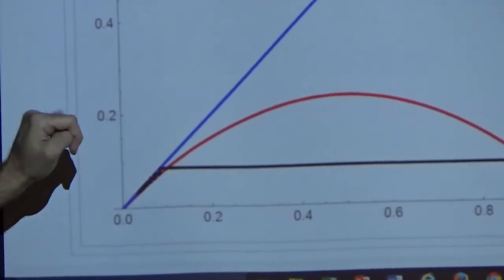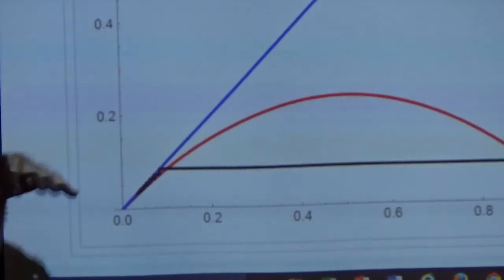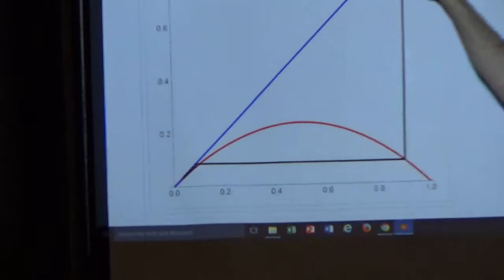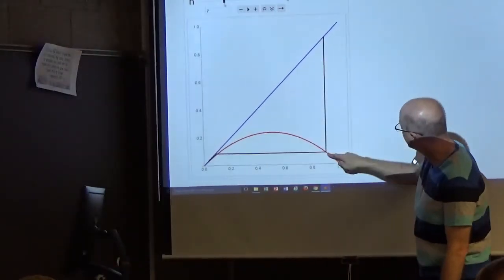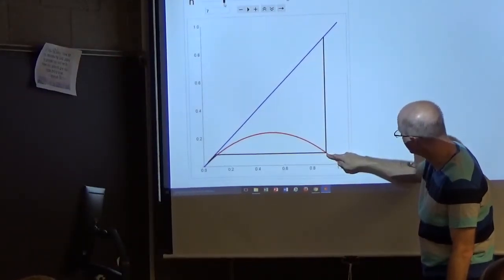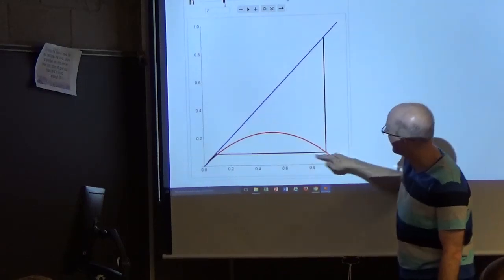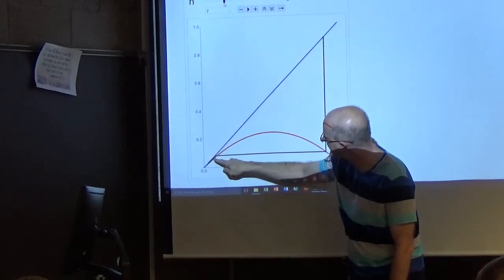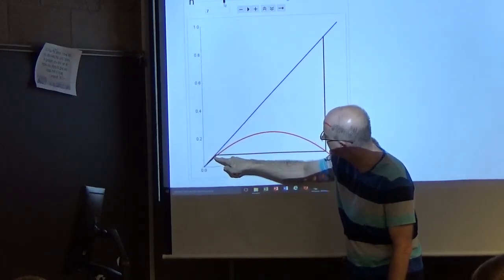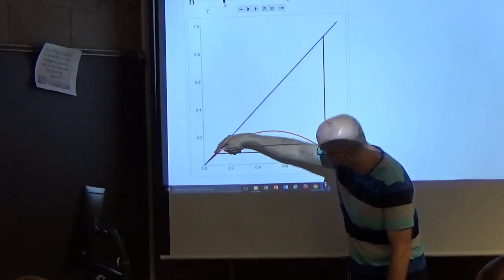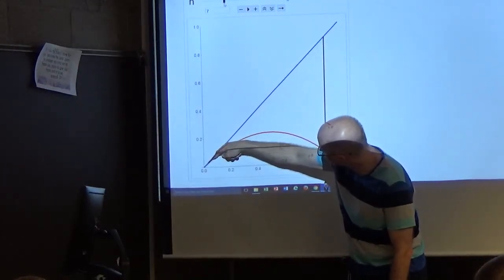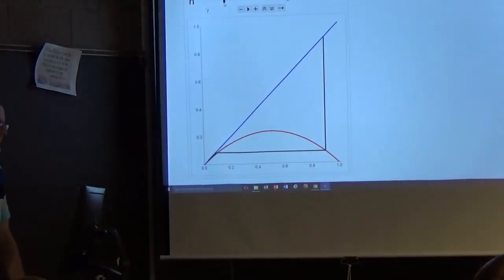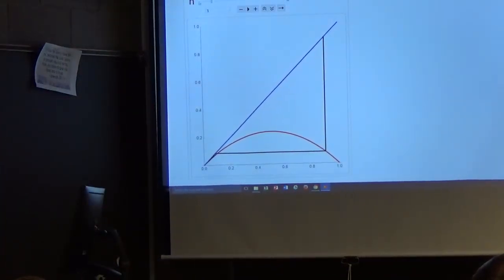Anytime this black line is on that line, the first and second coordinates are equal. The first coordinate of this point is 0.9, and the second coordinate at this point is the output when you plug in 0.9. Going over to the blue line gives you the point with the same coordinates. And then going back down to the red gives you the output of the function when the input is whatever the coordinates of this are. And because of that, you can continue in the staircase fashion, and you're sort of forced to head to 0. But what if we increase mu even further?